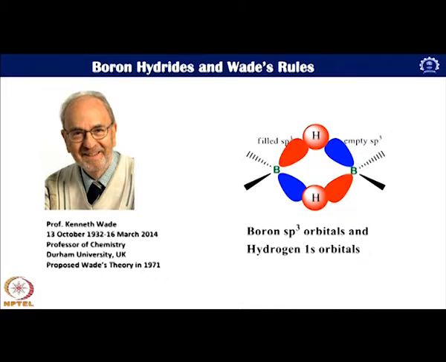And here you can see, earlier when we looked into the structure of diborane, that is B2H6, we proposed this kind of 3 center 2 electron bond, where a filled sp3 of boron interacts with the 1s1 electron of hydrogen and an empty sp3 of another boron to form 3 center 2 electron bonds like this. And of course, here, if you look at the terminal ones, they are conventional 2 center 2 electron bonds. Now, let us look again at the types of boron hydrides we have.